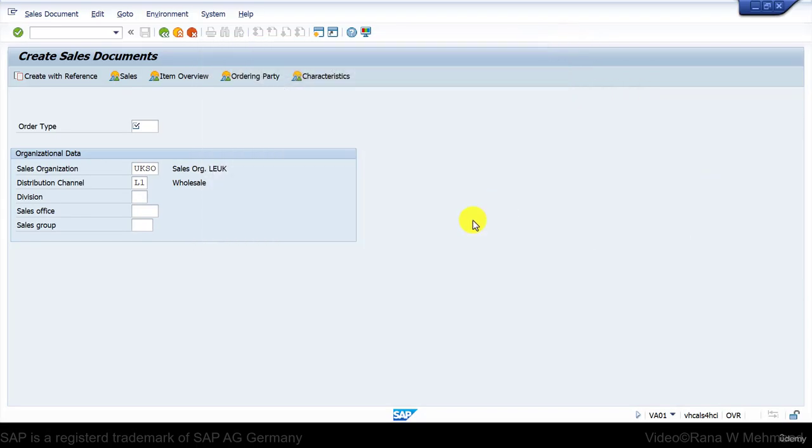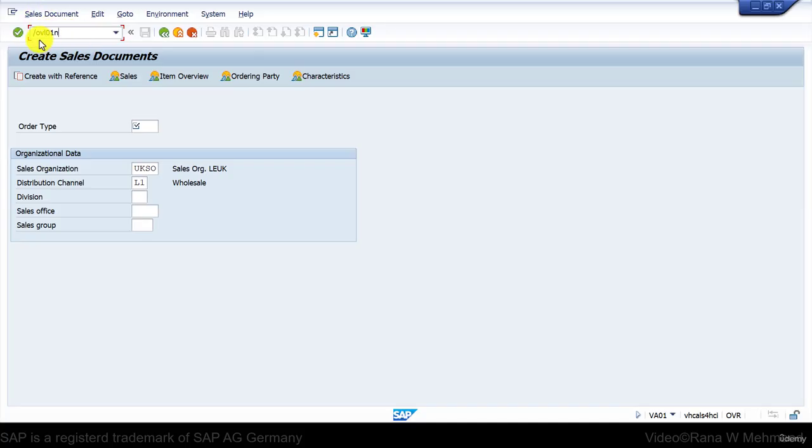Now the next scenario is that you want to access the outbound delivery screen, while you also want this sales document screen to remain open. So you can use the command /o. /o will create a new session and then directly navigate you to the transaction code which you enter after